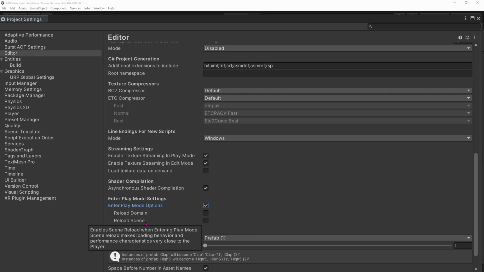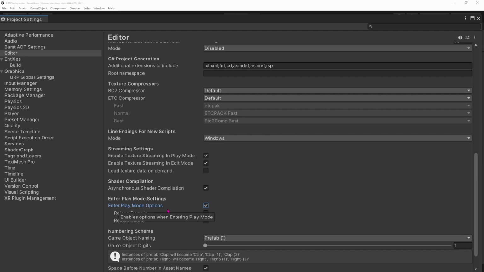So it speeds up your iteration when you try to implement some new stuff. But it also has a side effect. You need to be careful with any static data that you have, because it will be kept until there is a domain reload, and the domain reload will only happen when you have new code that is compiled.